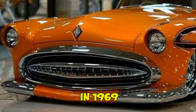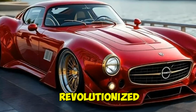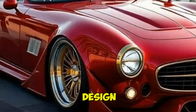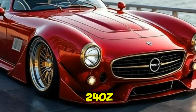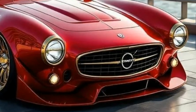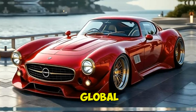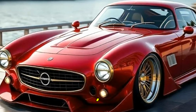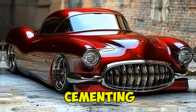Launched in 1969, is a legendary Japanese sports car that revolutionized affordable performance. With its sleek, aerodynamic design, long hood, and short deck, the 240Z offered European-inspired styling. It delivered exceptional performance and handling, earning it a devoted global fan base. The Fairlady Z became a cultural icon, paving the way for generations of Nissan Z cars and cementing its place